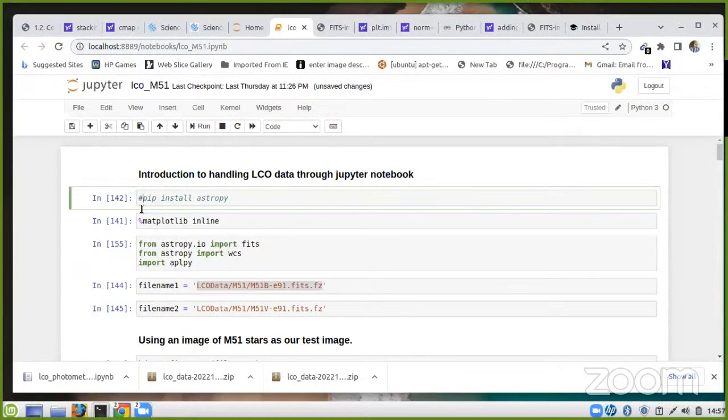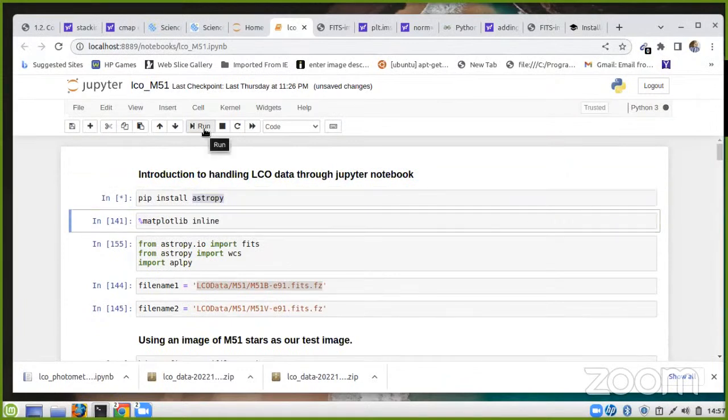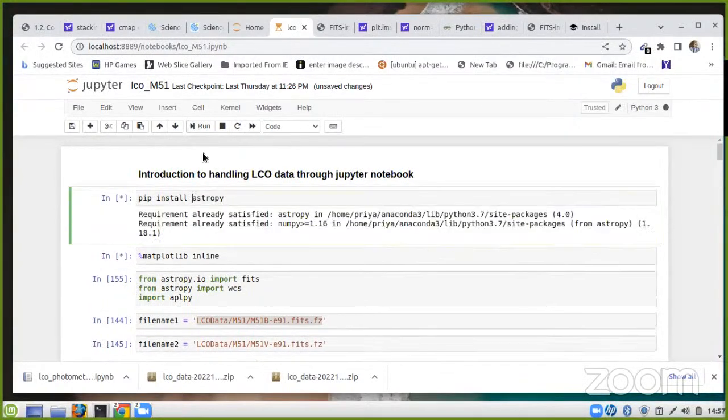For example, you have this command which says pip install astropy. Okay, so when you run that, if AstroPy is not installed,